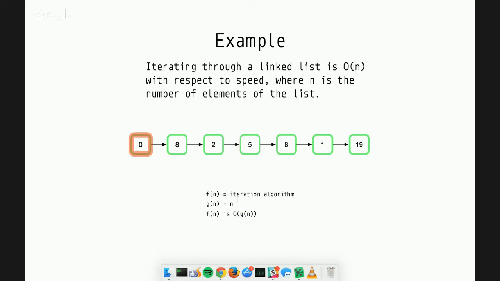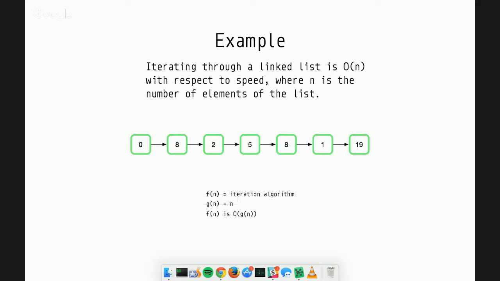So we have to visit 1, 2, 3, 4, 5, 6, 7 nodes. That means it's going to take us like 7 time units or whatever to process the thing. If we add an extra one, it's only going to go up to 8 time units. And we'll look at something in contrast to this later, but basically that's a pretty good algorithm. There's no real way to make that any faster. You're going to have to visit all the nodes if you want to iterate through a list.